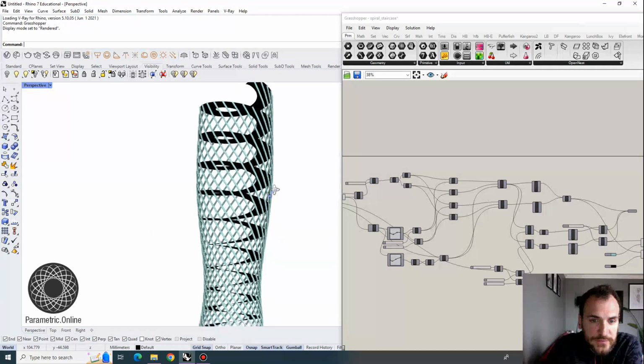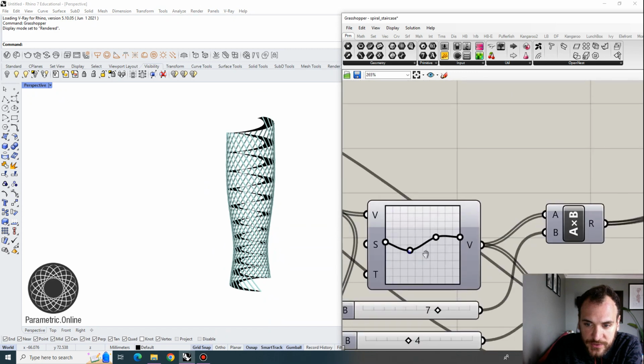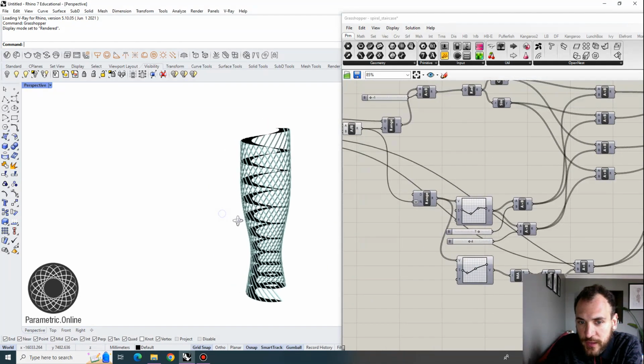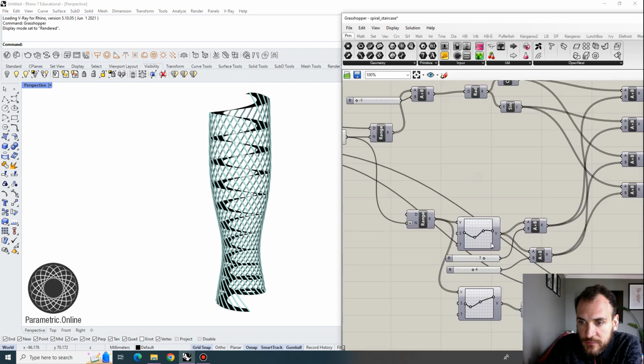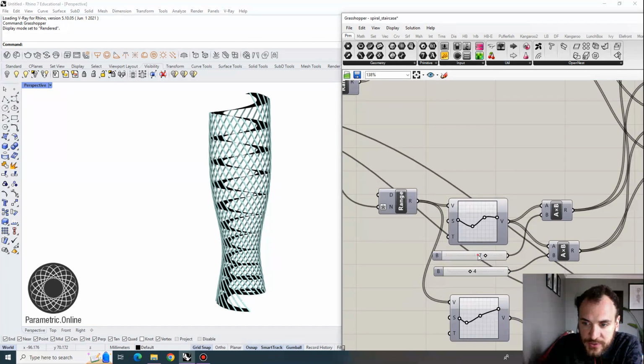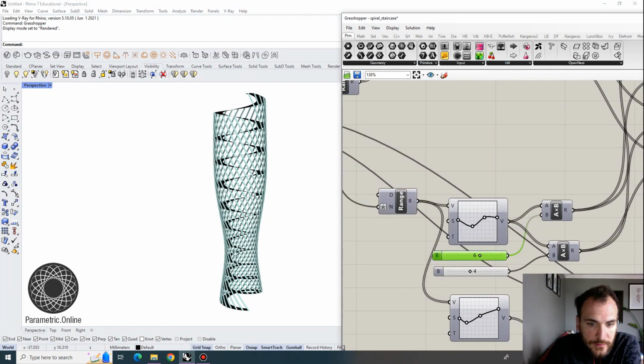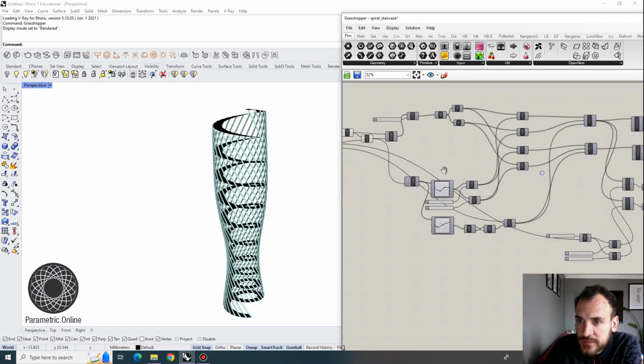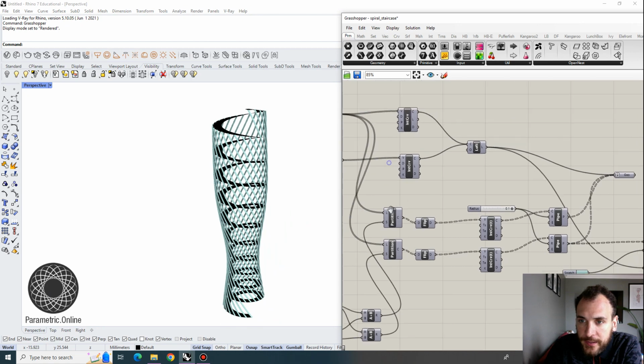surface. So all of this is going to be generated parametrically, so I'm using kind of a topological model that can control the amplitude of the section of the staircase as much as the width of it. So these are some of the topological controls that I have built, and I'm actually going